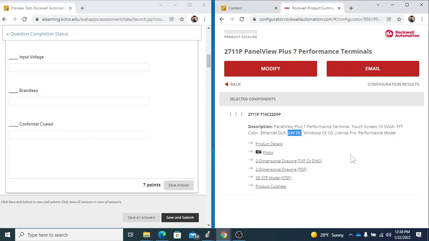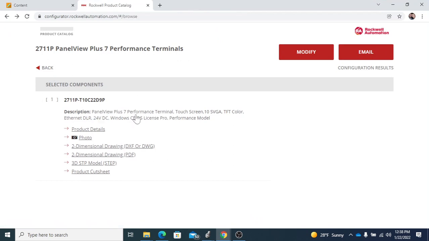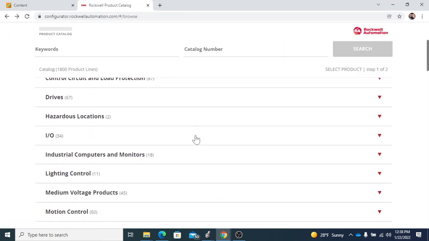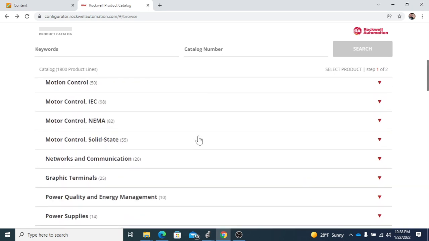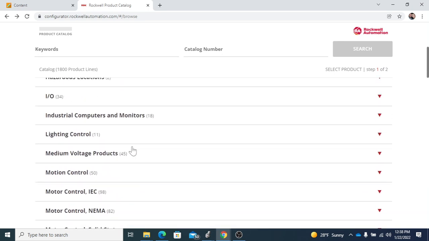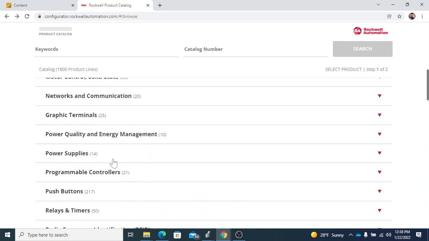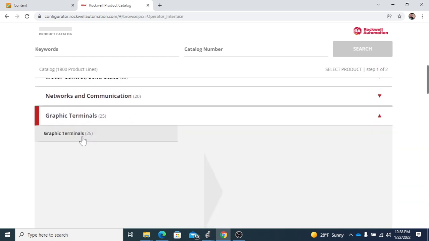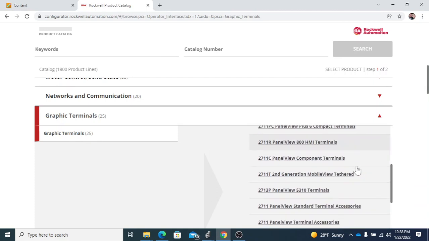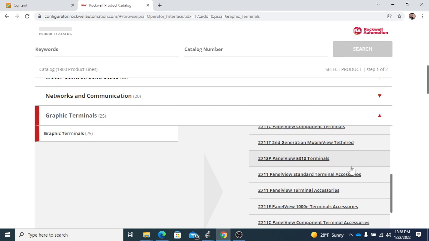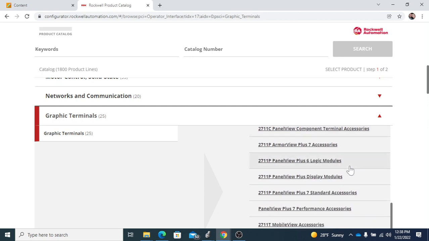And those answers aren't in here. So what I want to show you is, if we go back to our configurator, you've got to go down to graphic terminals, and I'll show you that this is not in alphabetical order. So if we go to graphic terminals, here's how we verify this. You will be looking for the 2711, should be the PanelView Plus